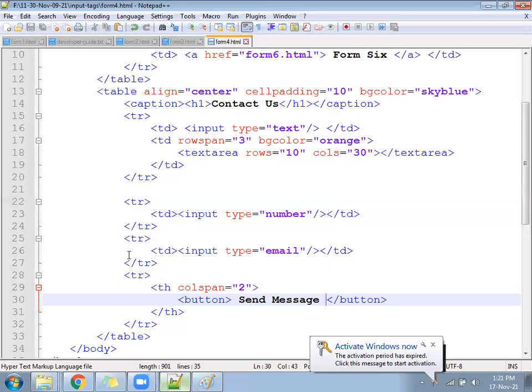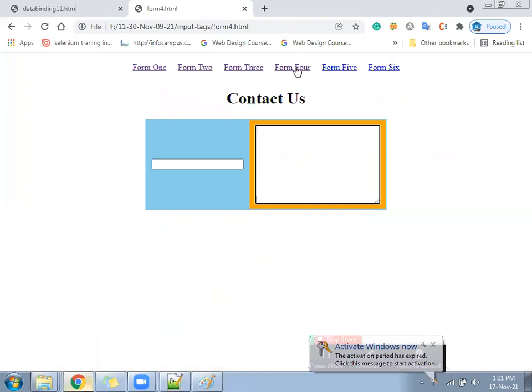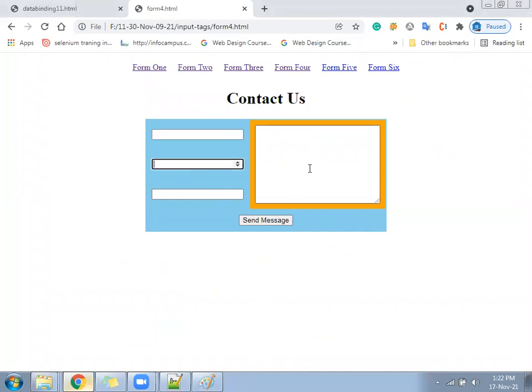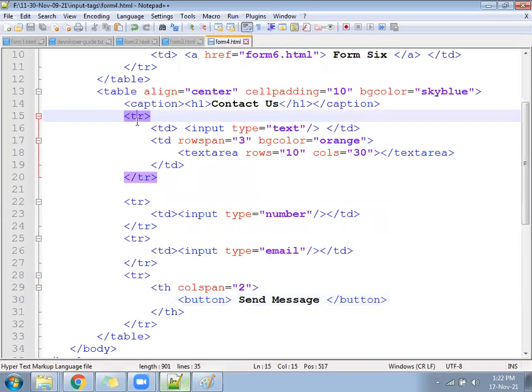Written it now, something like this. One text area is covering the space of 3 TRs. Here, the first TR, check carefully, second TR, third TR, and fourth TR.